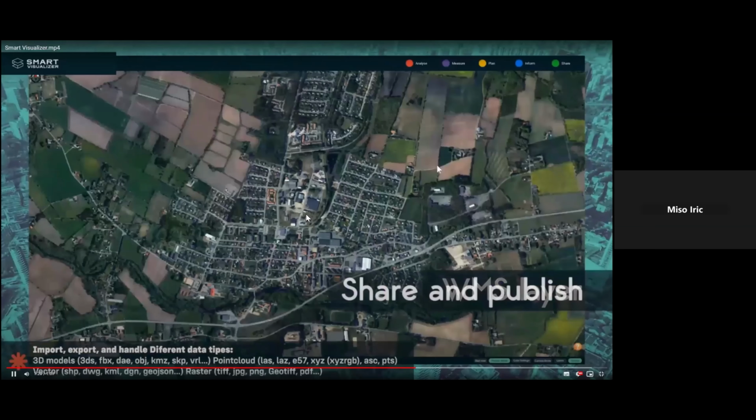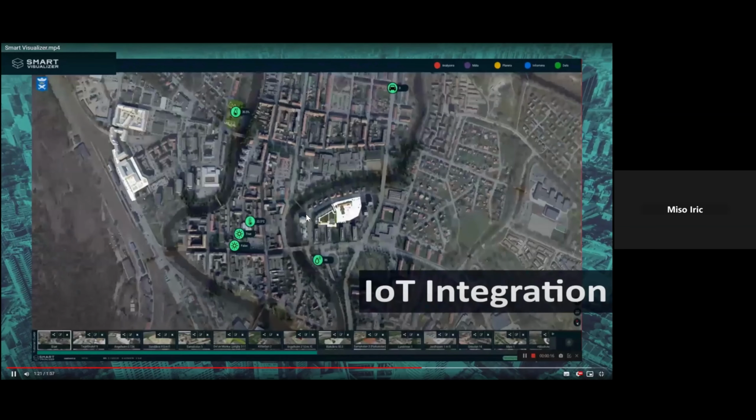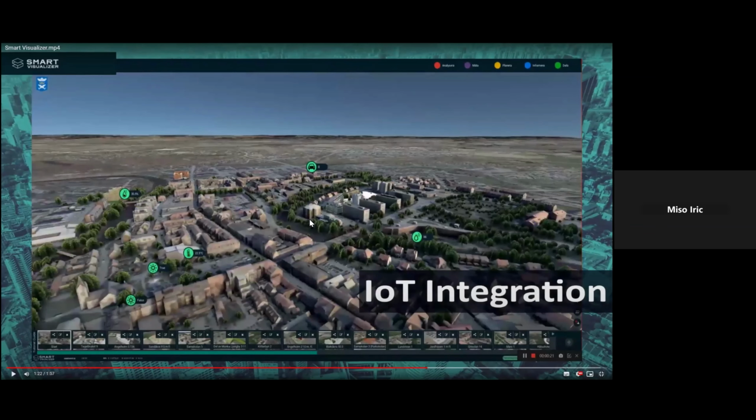And then also share and publish by exporting a 3D model or exporting a published model as a link or web-based publication. We have also worked together with Sensitive and the IGE platform, and we've done some IoT integrations. In this case, we just took random sensors and put those in the city.